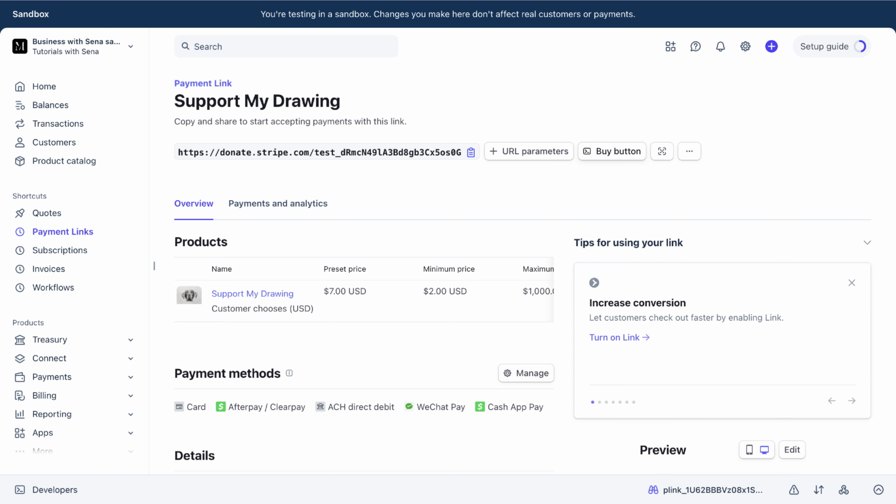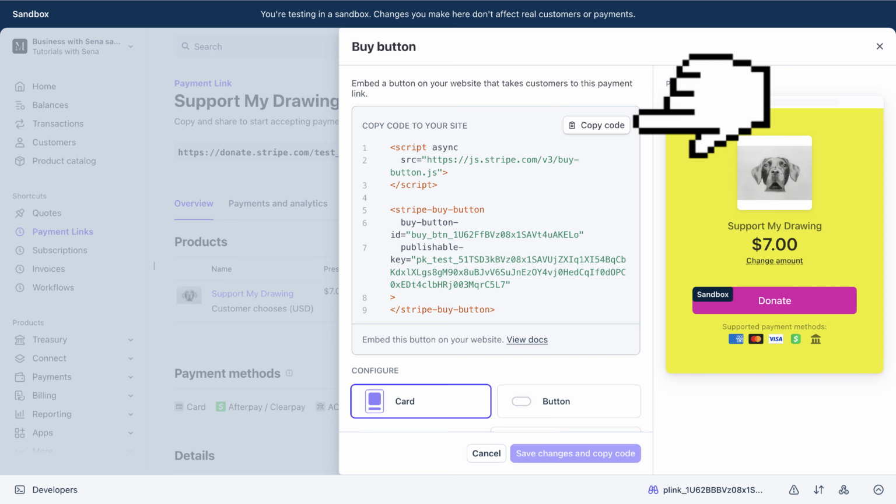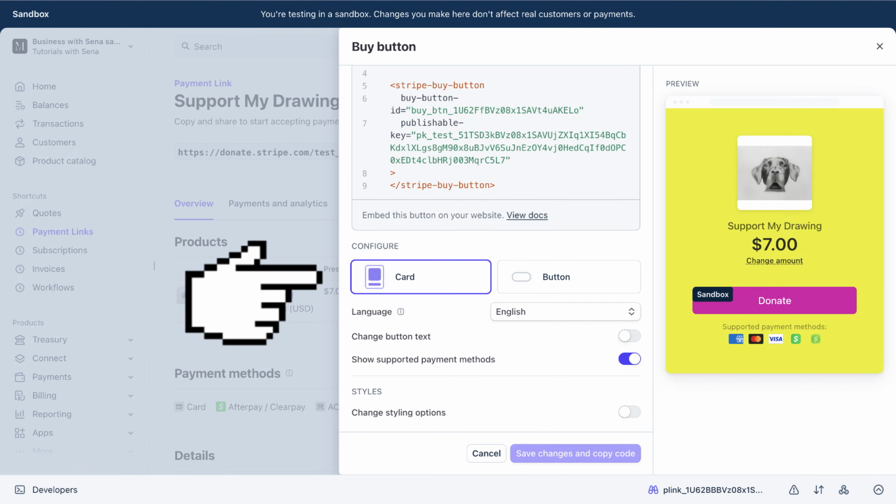If you instead want to make the HTML code to embed it on your website, then click on the buy button right here and copy this HTML code to your website builder. Feel free to scroll down and do some edits on your cards or button that will be displayed on your